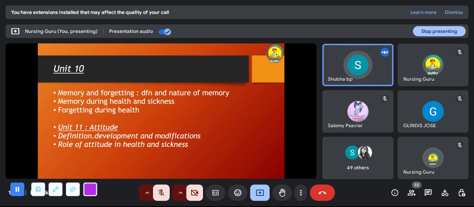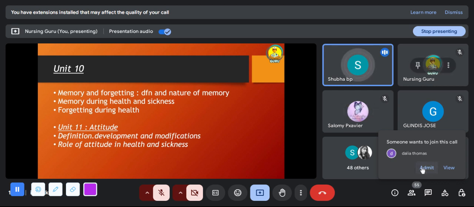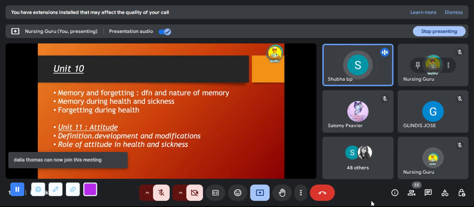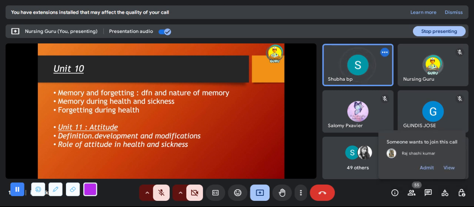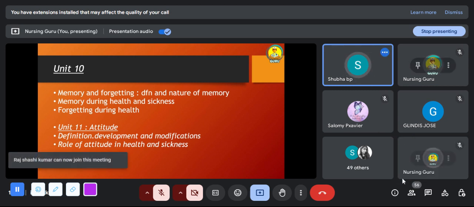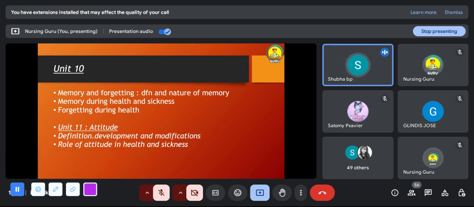And coming to the next one. As per your syllabus, unit 10 consists of memory and forgetting. In memory, they may ask to define memory, and again they may ask laws of memory or theories of memory and factors affecting memory. The factors affecting memory is a very important question for 3 marks. For 3 marks, they may ask you to describe the factors which are affecting the memory,